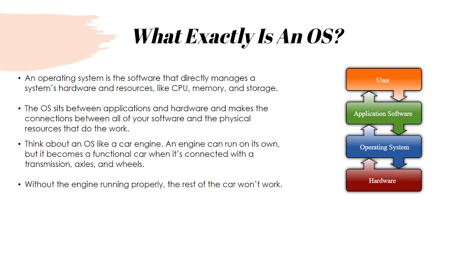As you can see, at the very bottom you have your hardware, your computer. Your computer cannot run without an operating system, because without it, it's just pretty much scrap. It can't function properly without some sort of operating system. Within an operating system, you're going to be able to have different applications. For example, for hardware you have a Dell computer or an HP computer, and then for the operating system you have, let's say, Microsoft Windows. And then for an application software, let's say you're trying to run Skype. That would be the application that you're able to access through the operating system that is on the computer.